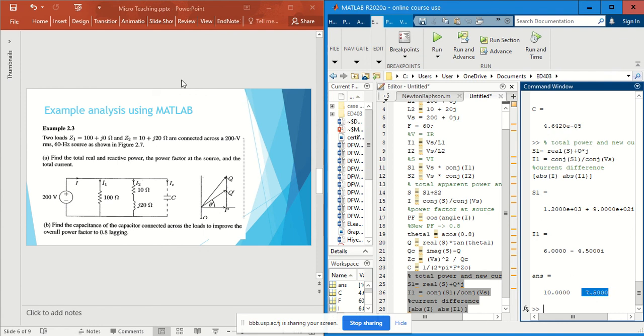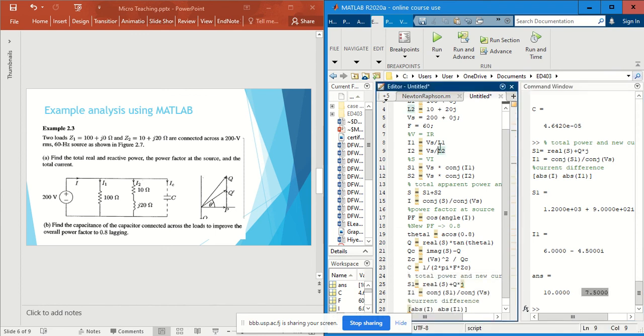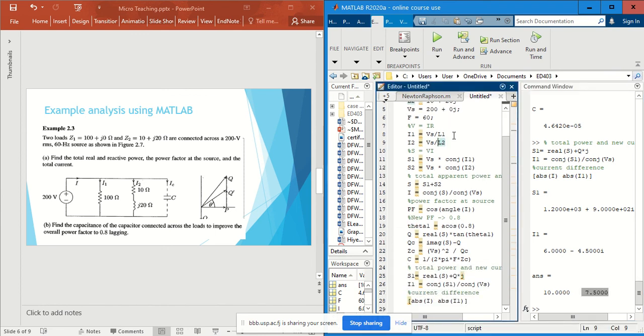So, what have we done? Let's go back to our lecture notes. So this is the initial reactive power being created. Now we have reduced the power factor angle, this theta, and now we have Q1. So we have less reactive power being consumed by the loads. I hope you have understood and taken note of this. I hope you have also written this code, because you will need this code to do further questions in the course and also in real life if you become a power system engineer.